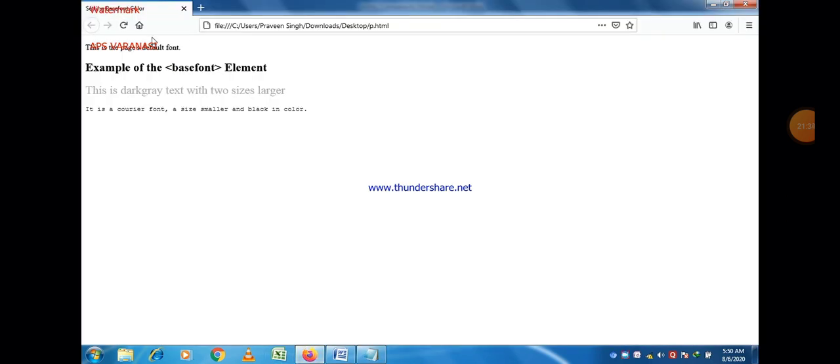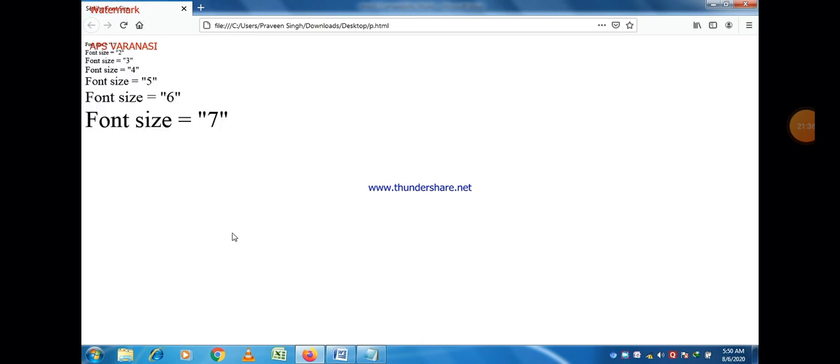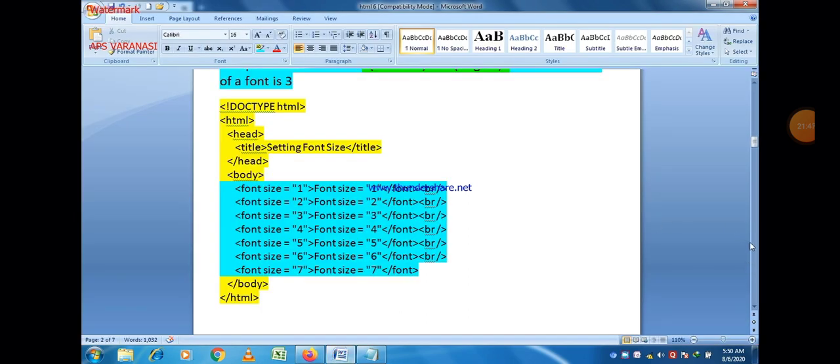Save the program, refresh the web page. You can easily see the output. This gives you a clear idea about the size of font, minimum and maximum. Minimum size is 1 and maximum is 7.